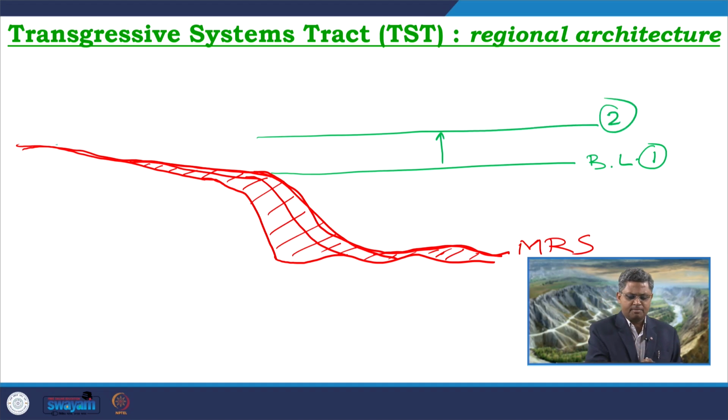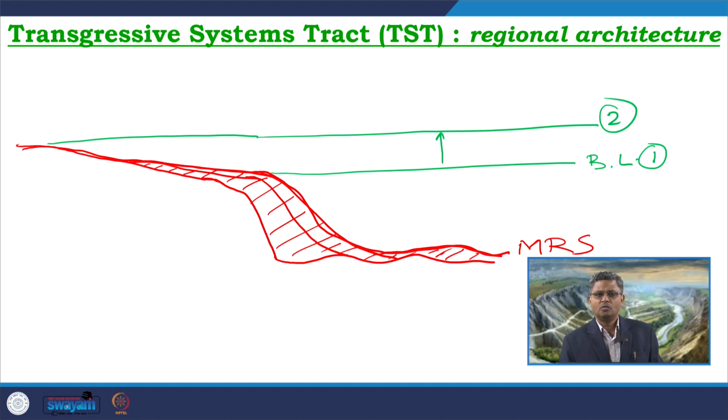So, for this much of rise, what can we expect? First of all, there will be a transgression as the rate of sedimentation is low. Due to this transgression, the first deposition that we can get is in this area, where we get some high density debris flow deposits, forming over here in this part, and they will show this kind of onlapping pattern. Also, we can expect some low density turbidites, forming over here or over here in the deep basinal part. So, we get two types of deposits.